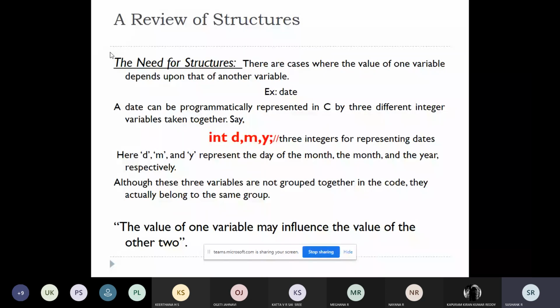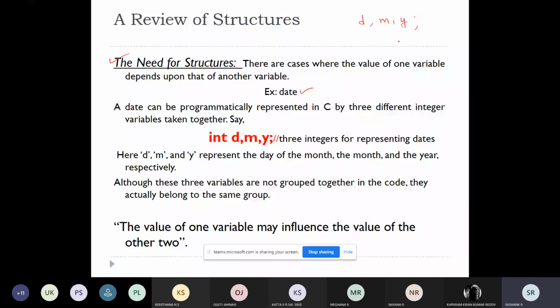So now we'll be talking about what is the need for structure. Why we need structure means, for example, I want to store a date. A date can be represented by day, month, year.